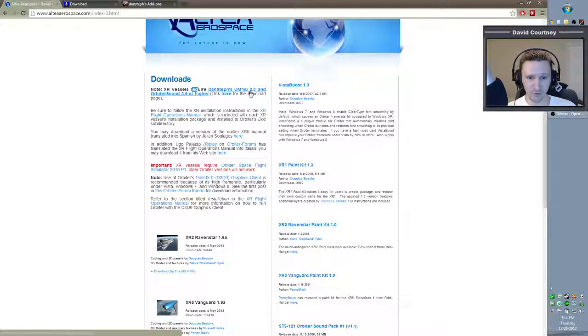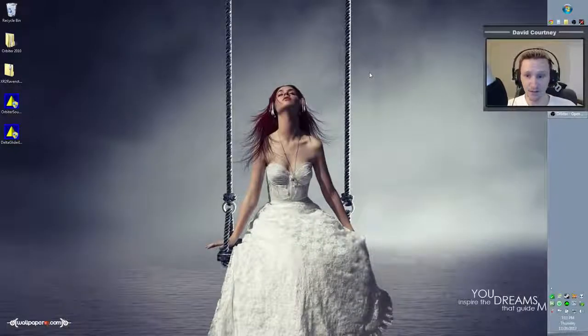A little bit about how to download and install the XR2 Ravenstar. That's one of the most popular vessels in all of Orbiter, and for good reason. It's one of the most highly developed, most complete vessels that's available. So let me go ahead and switch camera views here. And what we're going to do is we're going to download these 3 files, which are the XR2 Ravenstar itself, plus the requirements that it has. So we're going